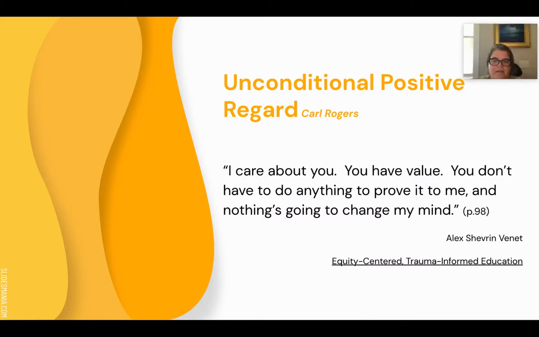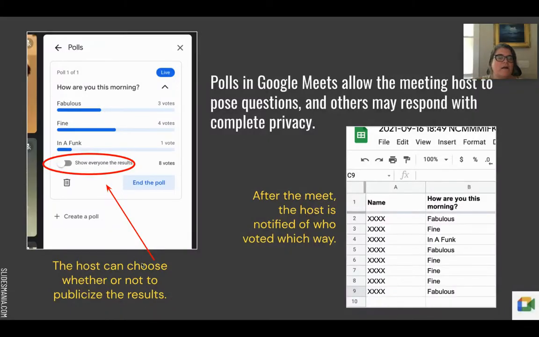And as Alex Shevrin Venet shared in Equity-Centered Trauma-Informed Education, this stance of unconditional positive regard says to students, I care about you. You have value. You don't have to do anything to prove it to me, and nothing's going to change my mind. So how do we do that in the classroom using